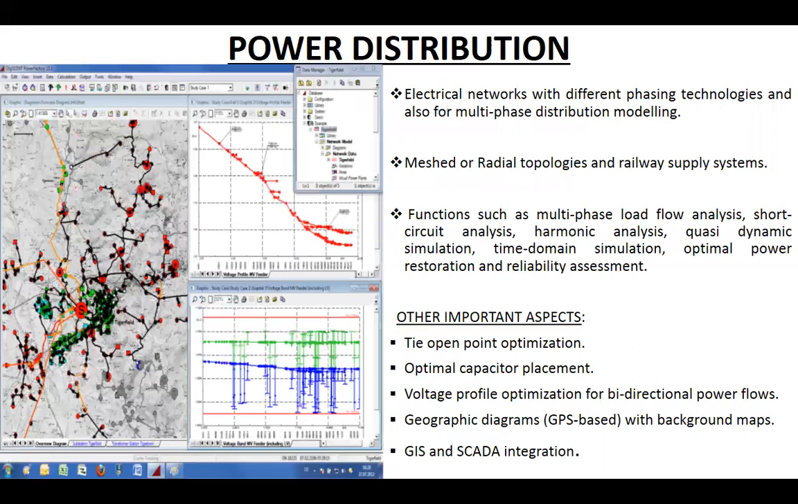Power distribution. In power distribution, different phasing technologies such as single wire earth return, two-phase, biphase, or cyclical three-phase system have created a need for multi-phase distribution power system modeling. For this, PowerFactory provides comprehensive modeling features for studying all kinds of electrical networks with different phasing technologies,